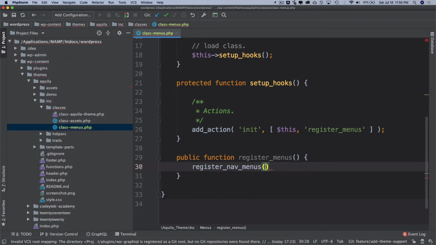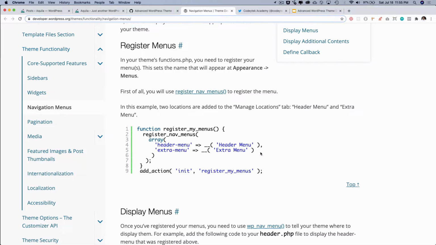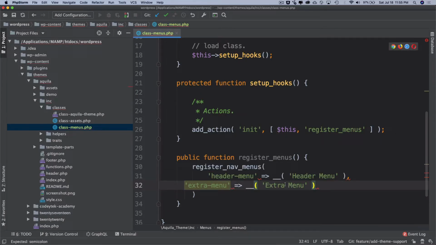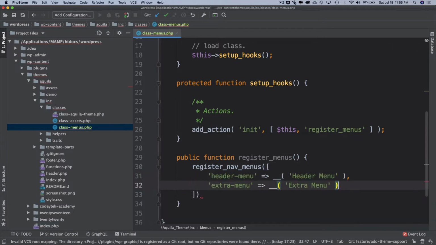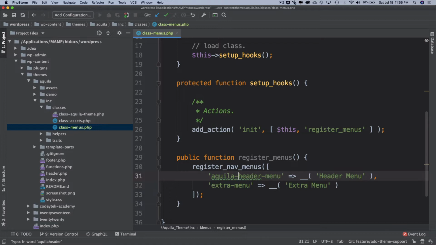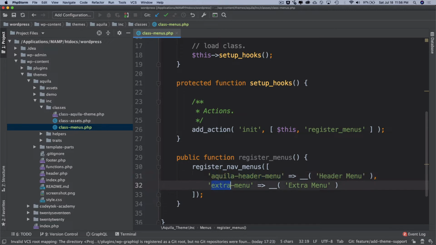So let's call that, and then it takes an array of the menus you want to register. So in our case we want to register 2 menus. So I'm just going to take this code, and since it's going to be an array as a parameter, I'll add that, and let's name this header menu, and it is better to prefix it with your slug to avoid conflicts with any other plugins. So let's name it Aquila header menu, and then similarly we can have another one